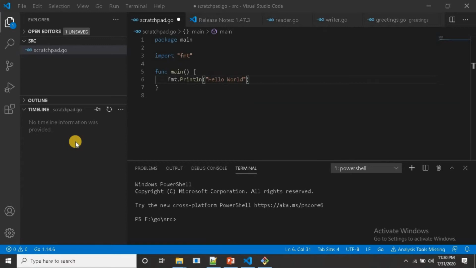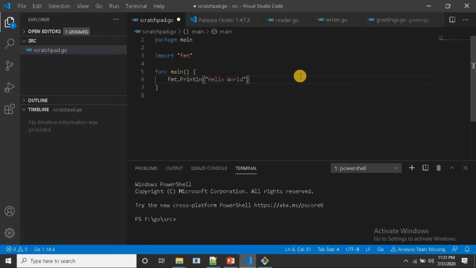To create our first program, I have created one file, scratchpad.go. Inside that I have mentioned the package name as main, which is a predefined package name. Every program is part of a package, and this is also the main entry file. I have also added one function, the main function, which says that this is the starting point of execution. In Java we have to write public static void main, right? Like that, here in Golang we have to write the main function. Here func is the keyword.